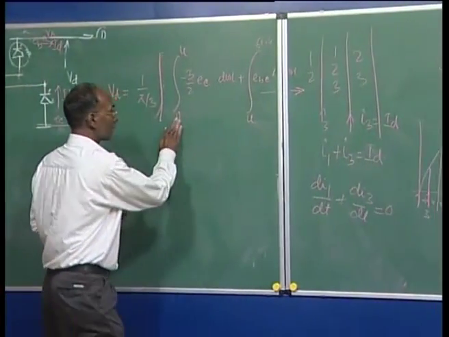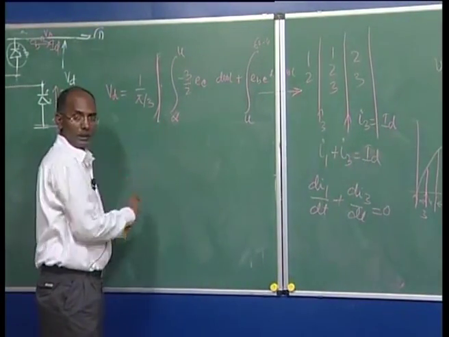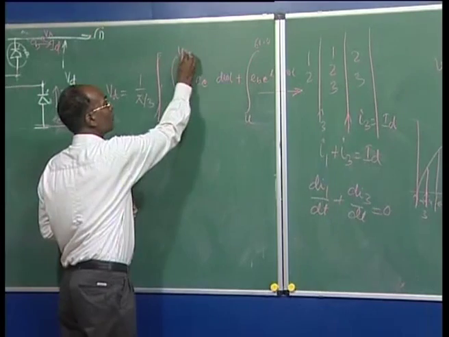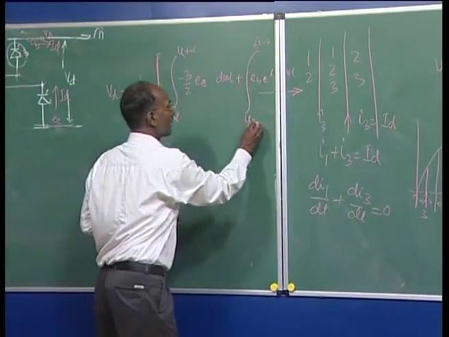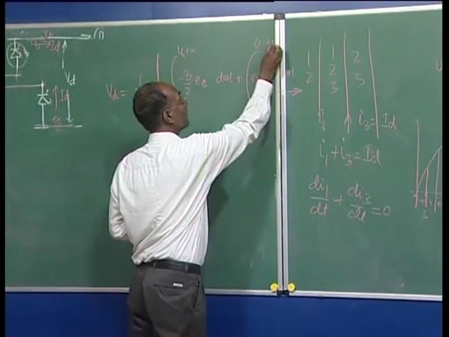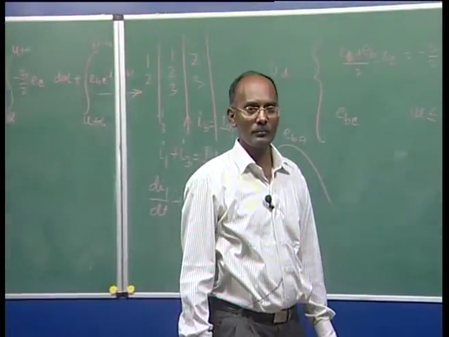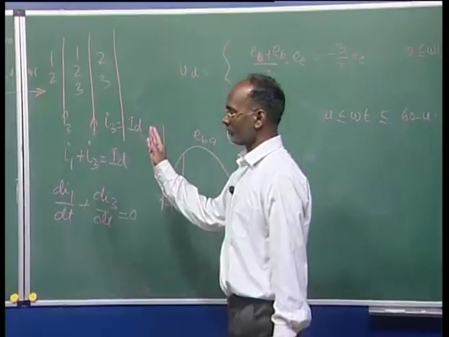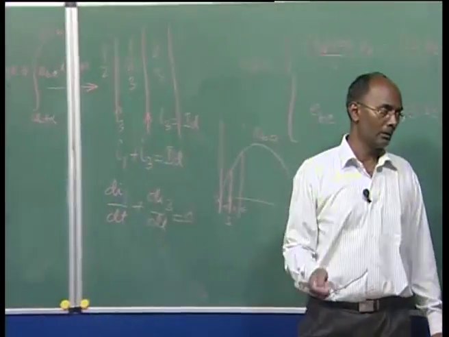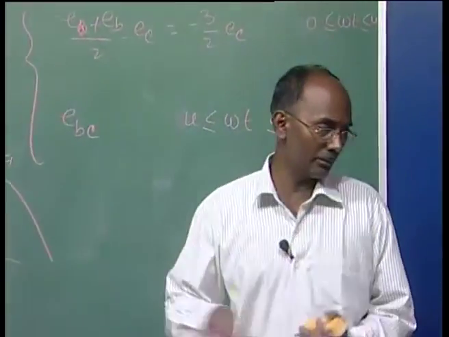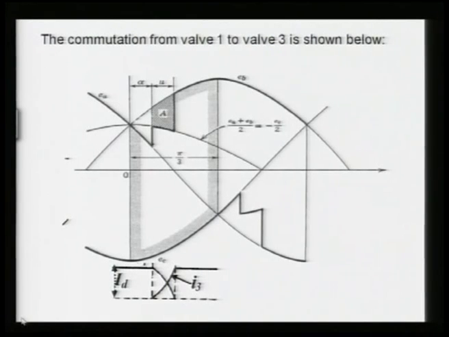So, here instead of 0 I can start with the alpha degree, and then alpha will be added here, here, and here. We will see again when we draw the voltages. So, this is your average, even though you can see from this diagram, see here, this is the same case.